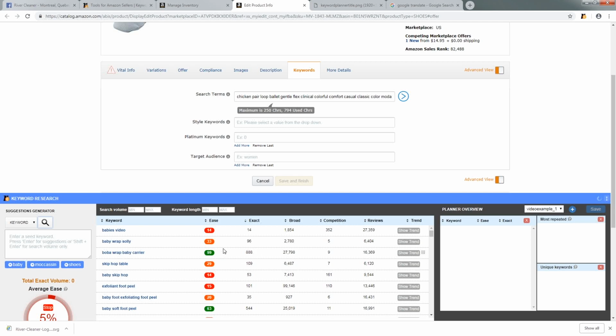What we're looking at here is ease, which is kind of how easy it is for you to rank for that search term for your product specifically. So it's amalgamating some of the other information that's there and figuring out, basically, if it's green, you probably want it. Your goal is to get some really good green search results that also have relatively high numbers here and here. So 888 people